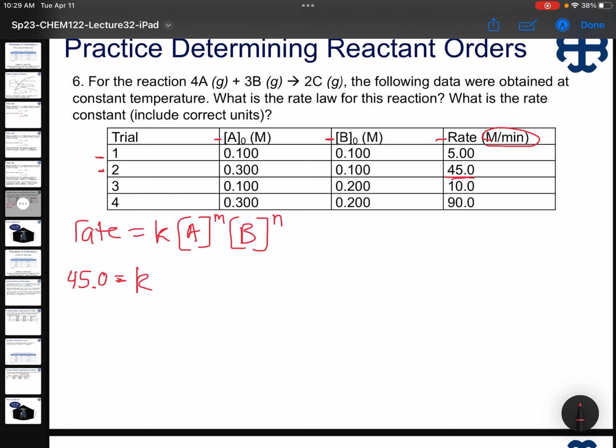The reason I plugged 45 in here is because that is equal to our rate. Our concentration of A, in this case, these are initial concentrations, is 0.300. And then we don't know yet what our exponent or our order for A is going to be, so I'm going to leave that in as a variable. Concentration of B is 0.100 to some power n,